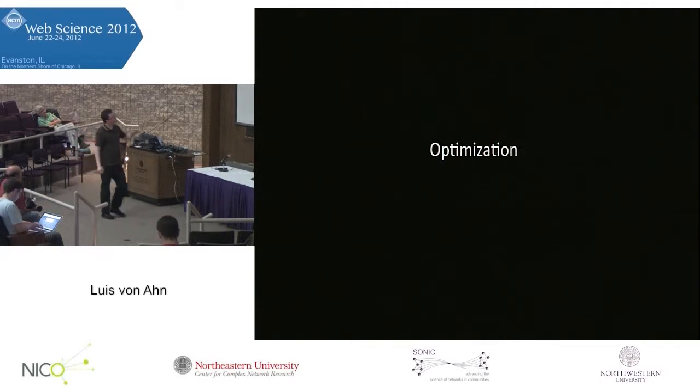Now, probably the biggest problem that we've had with Duolingo, one of the reasons why it basically took us 2 years to build this website, was it's a huge optimization problem because we need to optimize. We have this huge amount of documents that need to be translated. And then we have all these people who are learning. The optimization is who translates what.